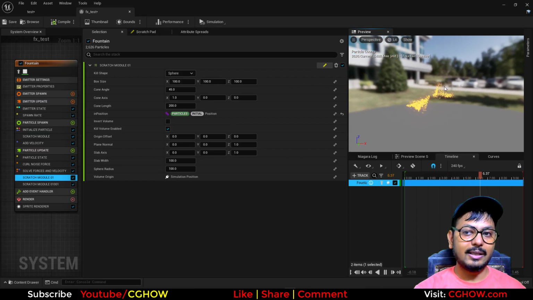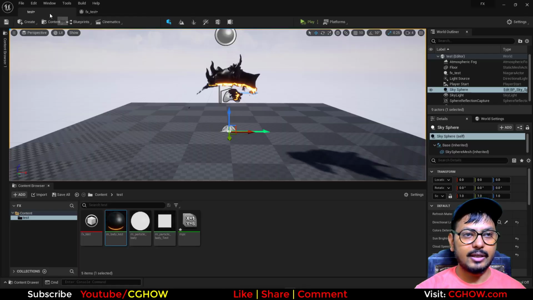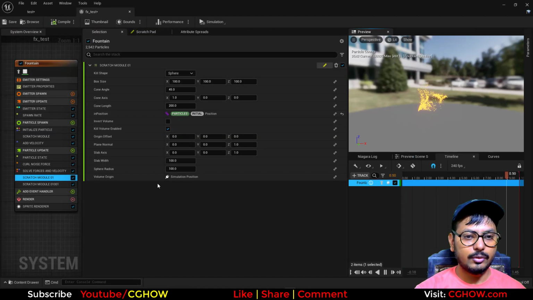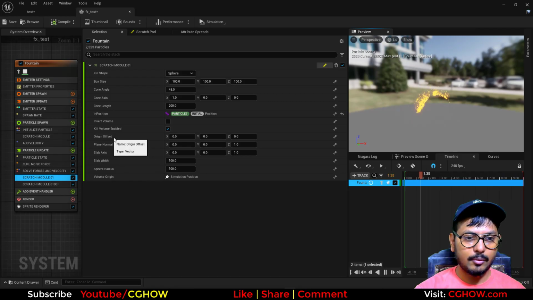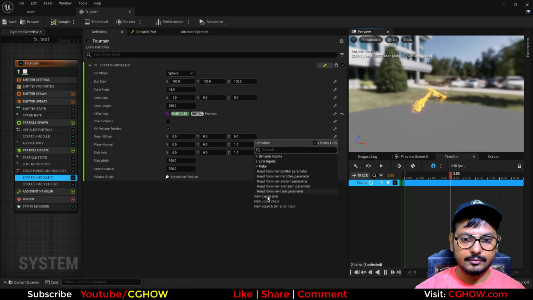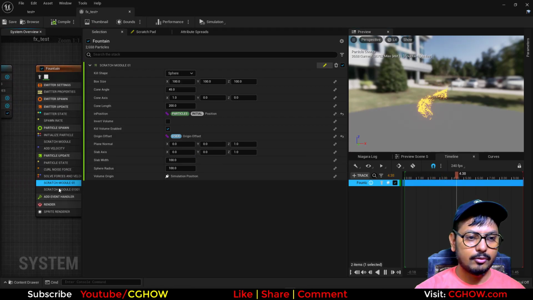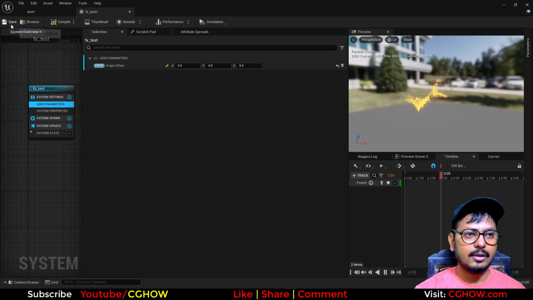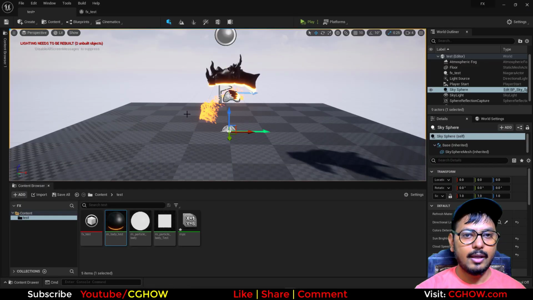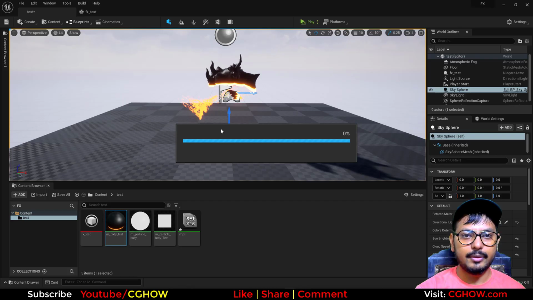So I got the same sphere mask that I got in my material, because it has the same radius 100 which I have in the material, and in the material I have the offset. So here I have this origin offset. I will make this a user parameter, copy this and also paste it here, and I got this user parameter. Save this, and here I will go to the level blueprint,